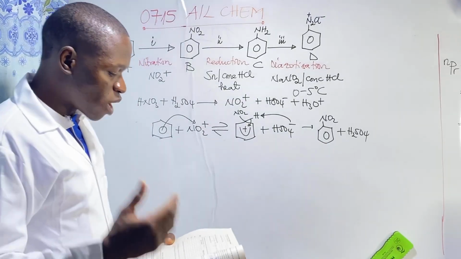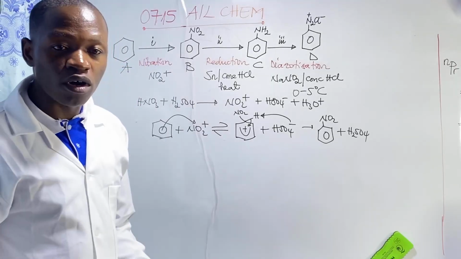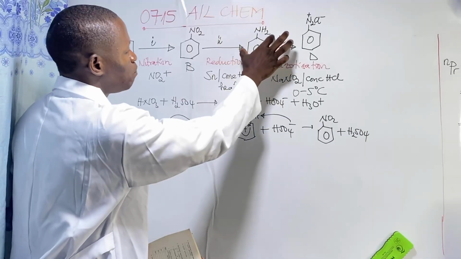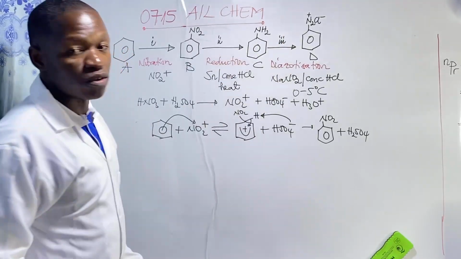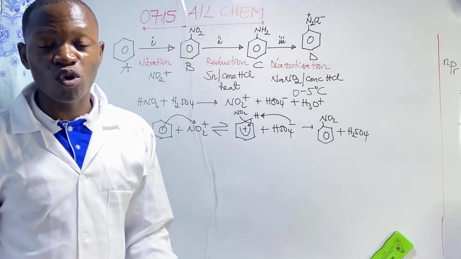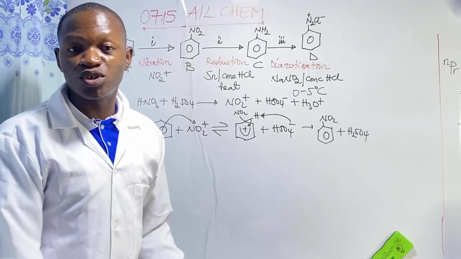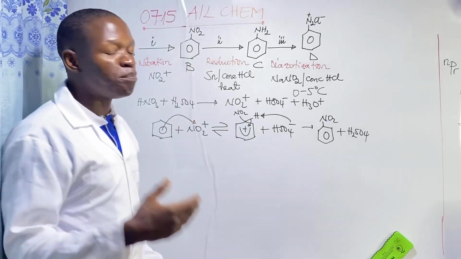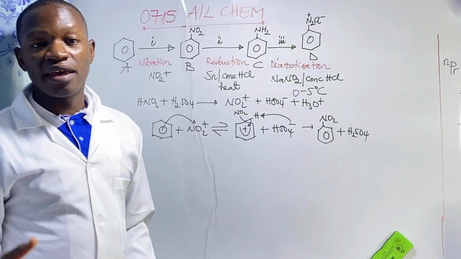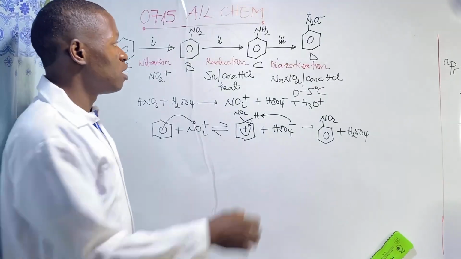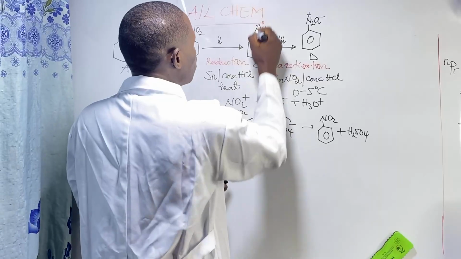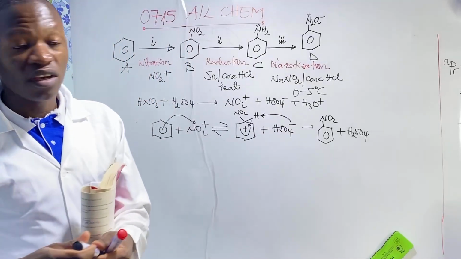Next question. What method can be used to obtain pure phenylamine from the solution? Right? How do we obtain pure phenylamine from the mixture? Take care. Phenylamine has been prepared from nitrobenzene. That means that the mixture contains phenylamine and some nitrobenzene. So how do we obtain pure phenylamine, right? Now, we can go by fractional distillation, because phenylamine has lone pairs. Phenylamine has lone pairs on nitrogen, and as a result, phenylamine,